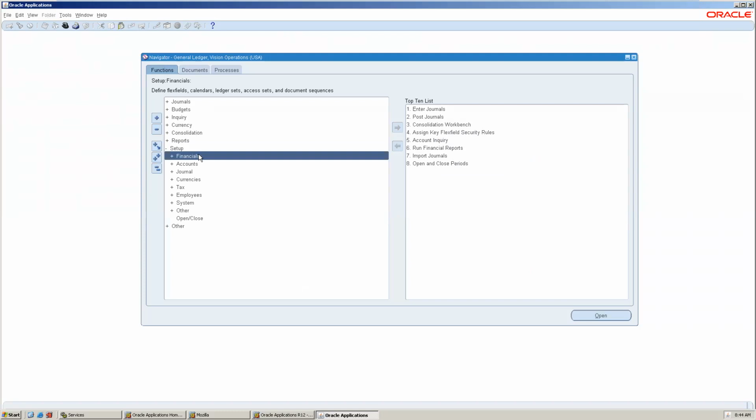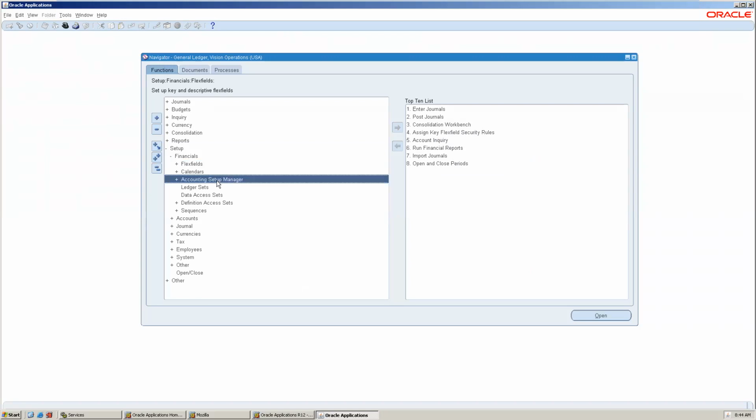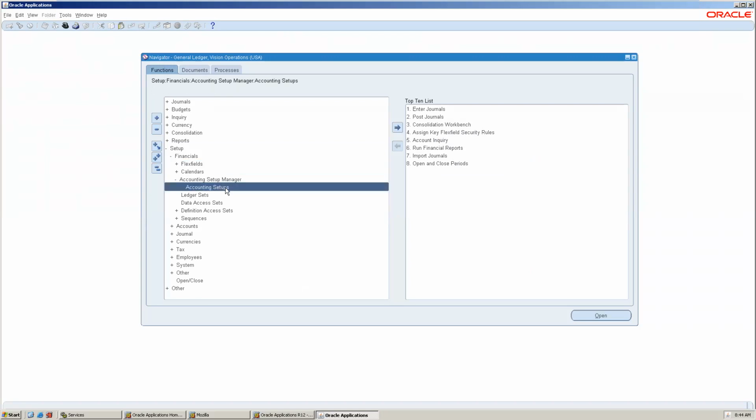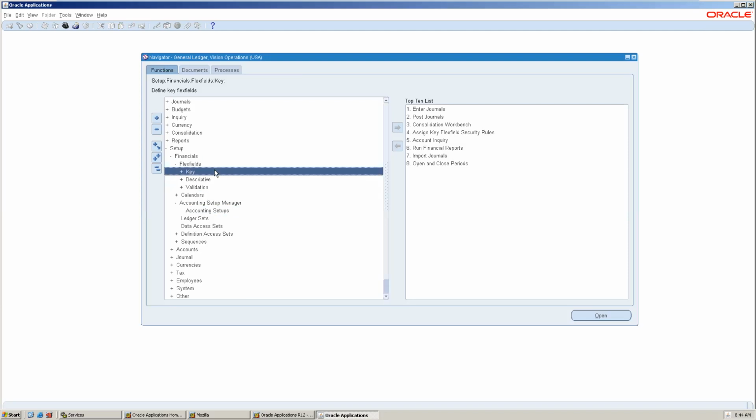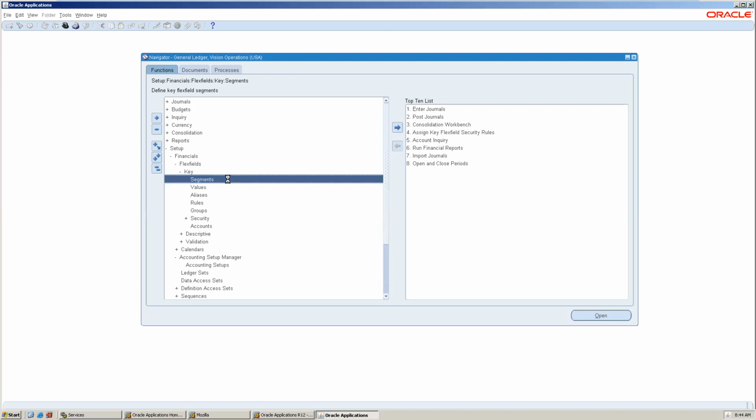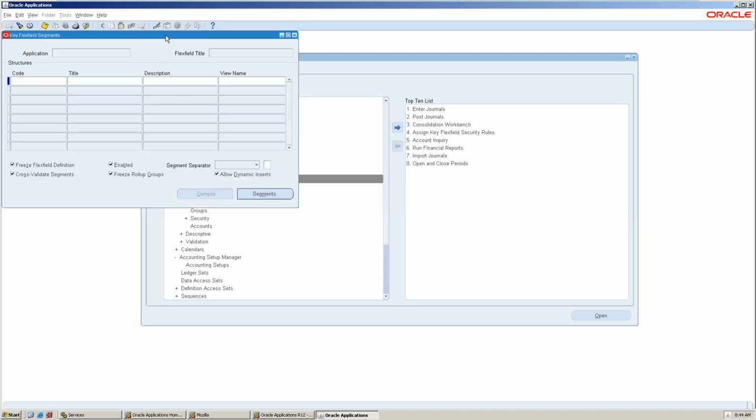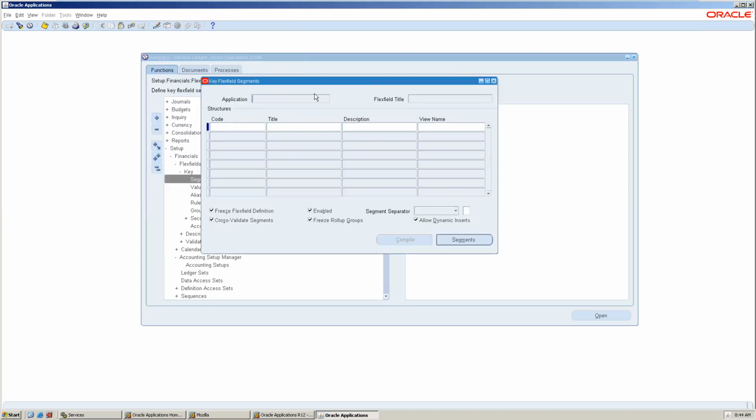So the first setup we are starting with here. Once you have to create the 4Cs, I'll query and show what is C. Setup, financial flexfield, key segment. What is the segment which is mandatory? I have to press F11 to query and see what is in the system. So I'm giving general ledger.